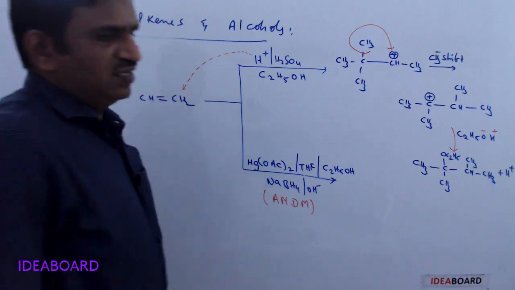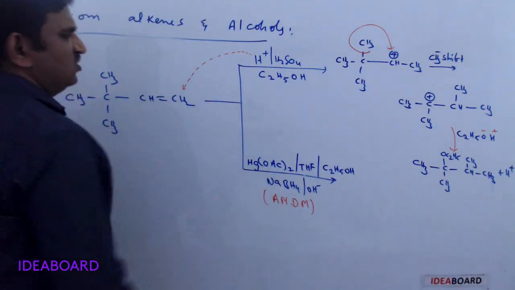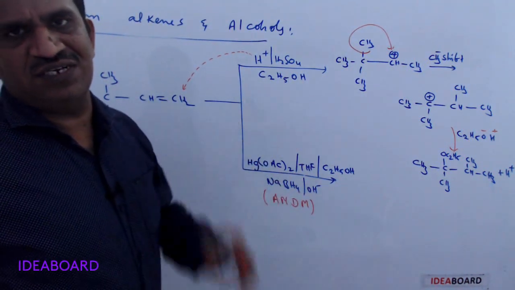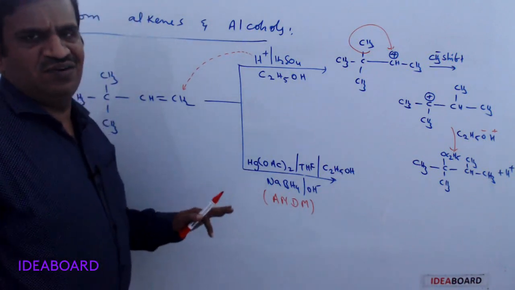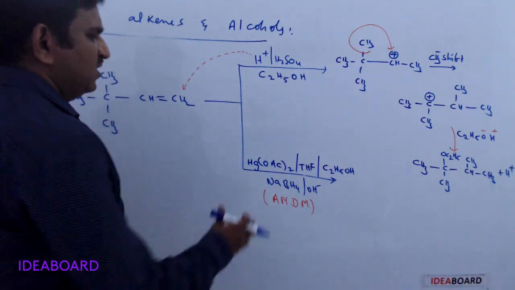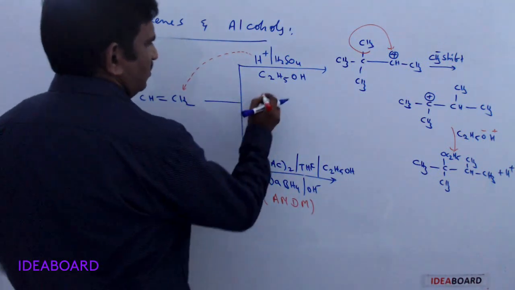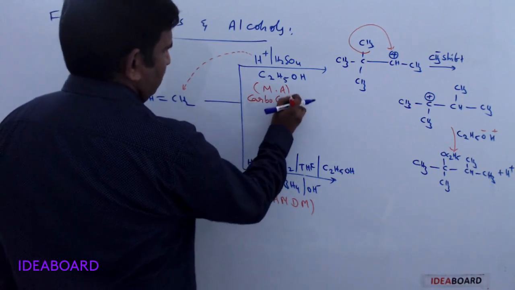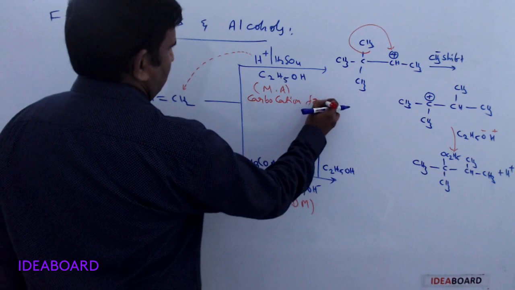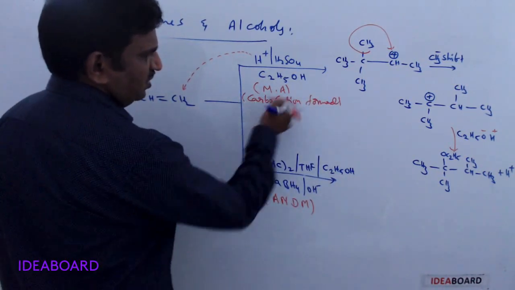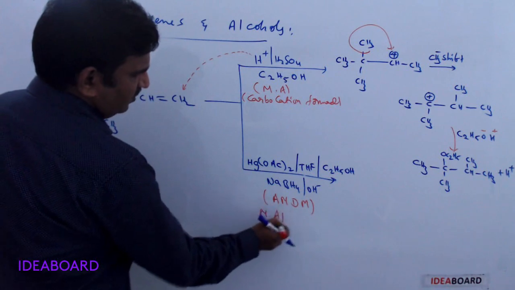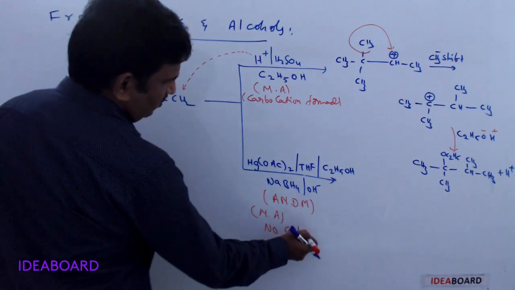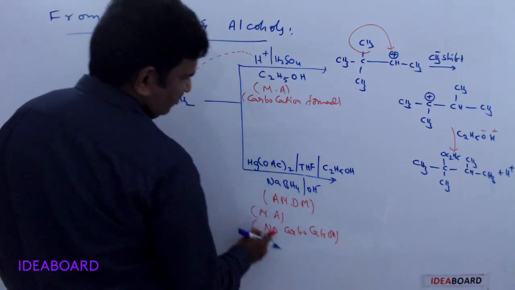Whereas in this process, if you are taking alkoxymercuration demercuration, what happens? Here there is no methyl shift. Directly we are getting Markovnikov addition only. No carbocation formation occurs, no methyl shift, no rearrangement reaction. Here also Markovnikov addition, but in the acid catalyzed reaction carbocation formation occurs, so rearrangement is possible. Here, Markovnikov addition with no carbocation, and no carbocation means no rearrangement.